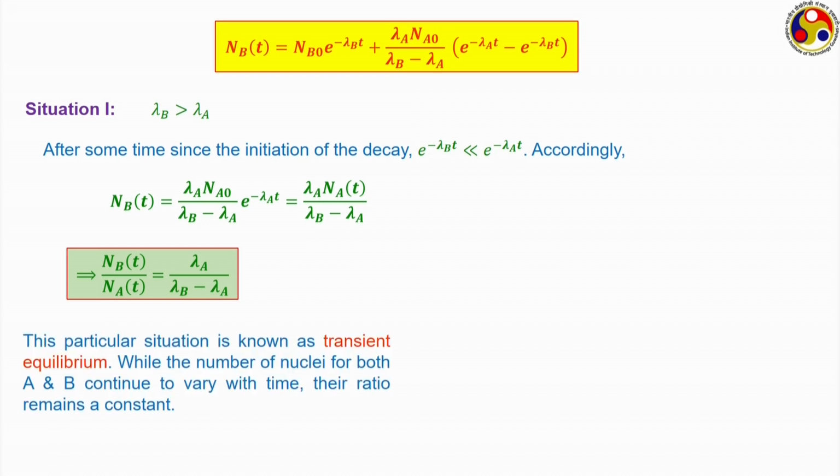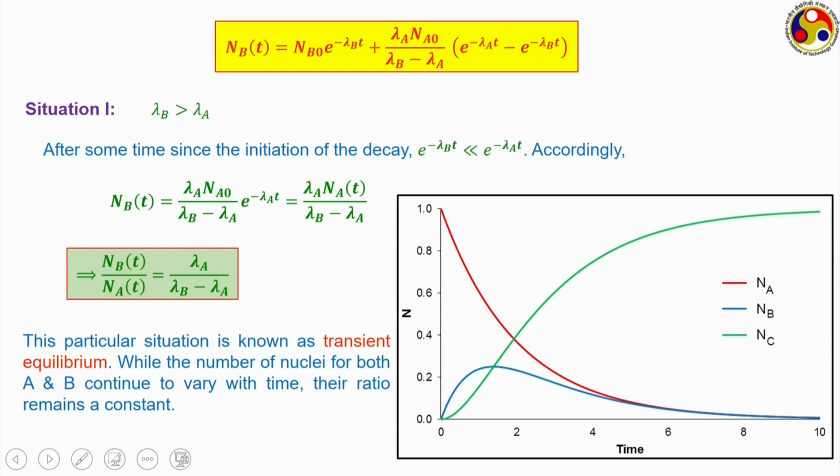And accordingly, we can conclude that the ratio of the number of nucleus of B and A, after some period of this combined decay, becomes a constant. This particular condition is known as transient equilibrium, and this is something that we can always find in practice. Like if we see the same graph that was present in the previous slide, you can see from some time somewhere here N A and N B, basically these two lines, are overlapping with each other,